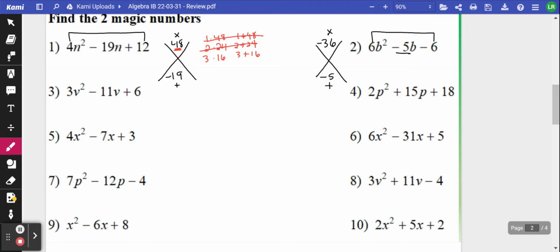Now, that adds up to be positive 19. I need negative 19. So I need negative times a negative. We got to remember I can do negative times a negative, and that'll make a positive still. But now when I do negative plus negative, I end up with negative 19. So it's negative 3 and negative 16 are our two numbers. Okay. For the second one,